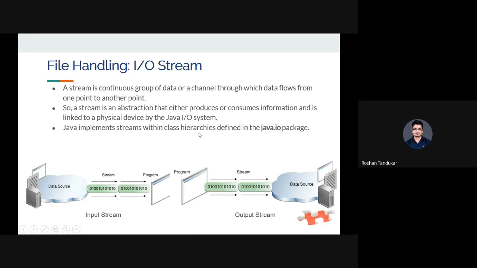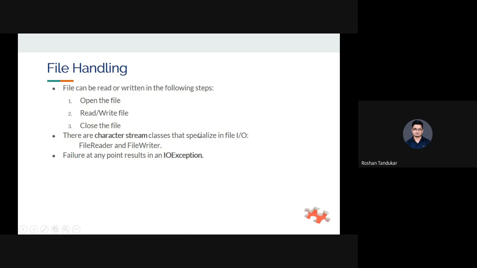output stream. Now in case of file handling, there will be three steps. First of all, open the file. Now you are going to perform either a read or write operation, then you are going to close the file. That's why whenever you are using a certain file or performing a read or write operation, you have to perform three operations while writing the program. First of all, opening the file. You have to open the file from a certain location. Now you have to perform the read or write operation, whichever you want to do, and then you have to